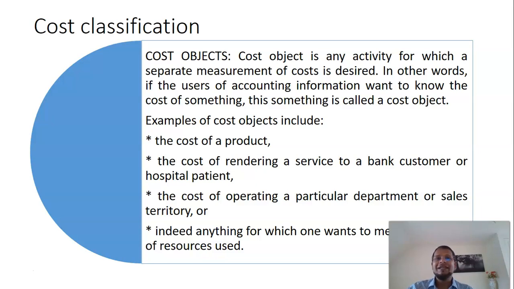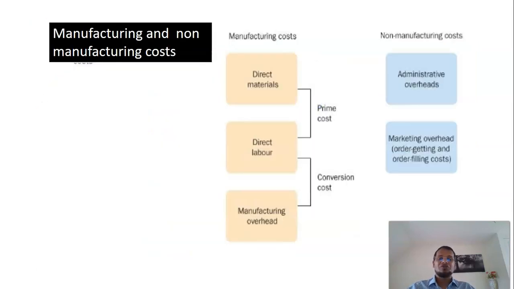The organization can reduce the price of the products. So if cost is lower, price can be lower, price can be reduced. That's why we determine the cost. We calculate the cost. For appropriate cost calculation, we divide the cost into different classes to maintain or to improve accuracy. So as you can see, the cost can be primarily divided into